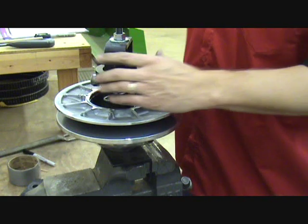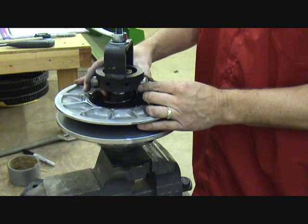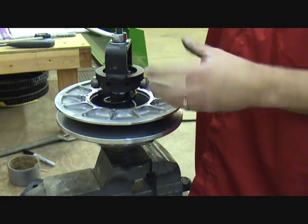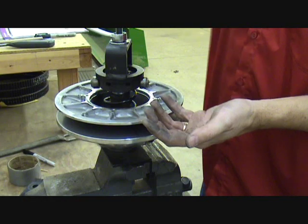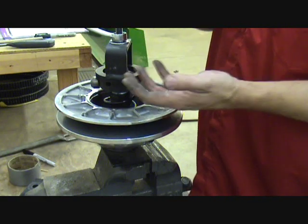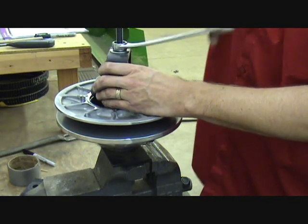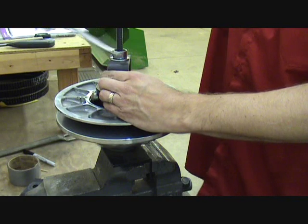And now as you slowly tighten this nut down, you're going to keep your hand right on this piece here, because you can move it back and forth a little bit. And as the splined part on the shaft reaches this top housing, they're either going to slide together, or they're going to kind of get stuck, and you'll feel your wrench tighten up. You need to back off a little bit and just move it, just a half a tooth either direction, until you mate those two double wide teeth together. Sometimes it can be a little frustrating. You feel like it takes a dozen tries, and then the next time you do it, you hit it dead on the first try, and